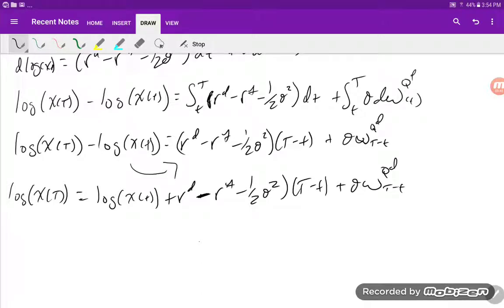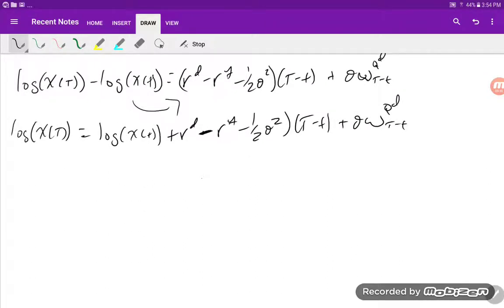Alright, so now we're going to exponentiate both sides. So obviously when you exponentiate a log, those are just going to cancel. Actually, no, that might confuse you. Let's do it like this first. So we're going to have log equals exponential